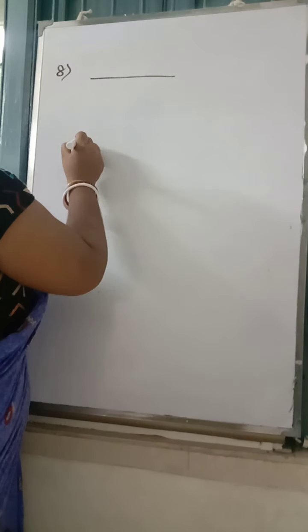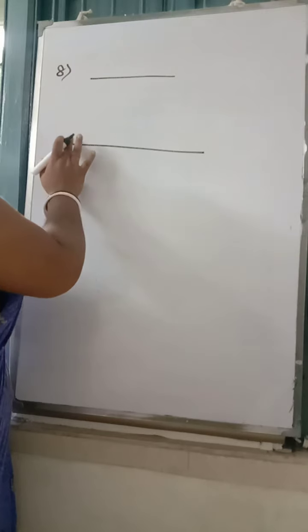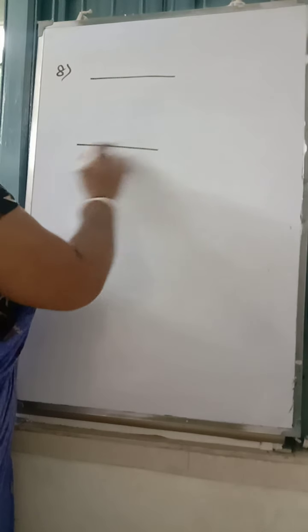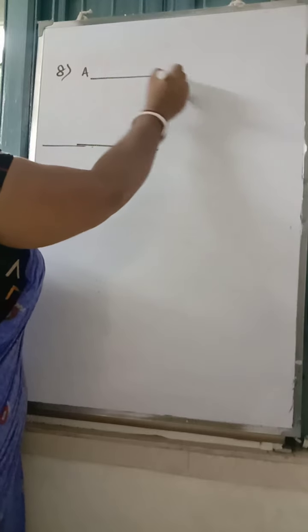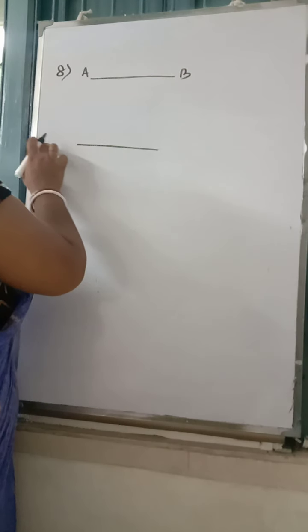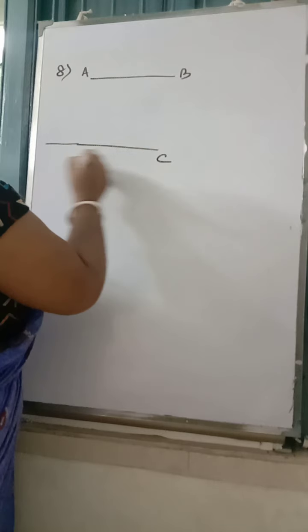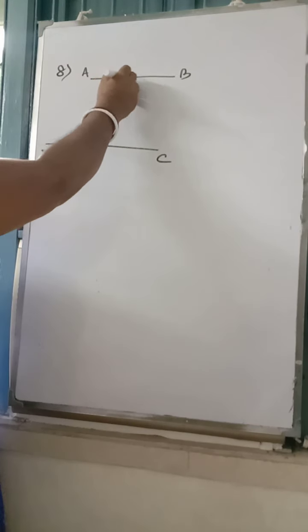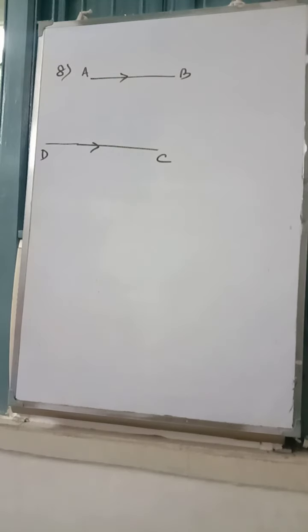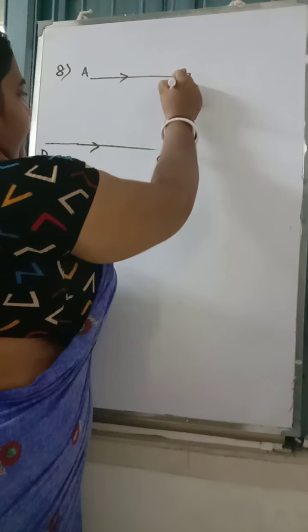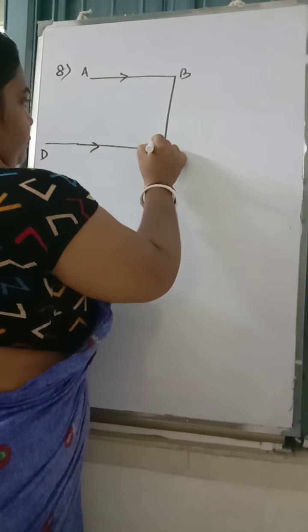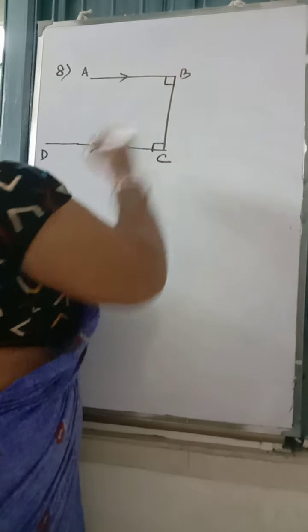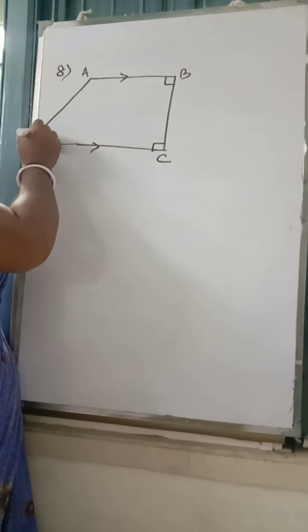Question number 8. Here it says AB and CD is parallel. A, B, C, D is a parallel line. It's clear. Now the first thing it says, angle B and angle C is 90. So if B and C both are 90, this will be a straight line because we know co-interior angle is 180, and AD will be